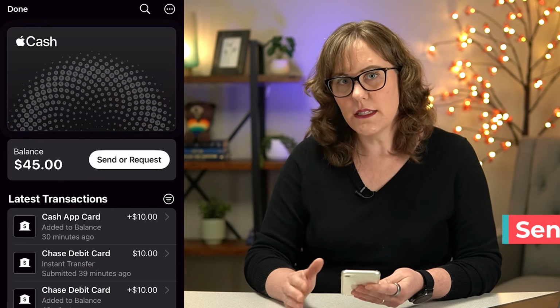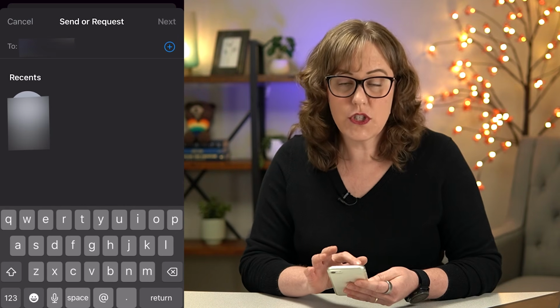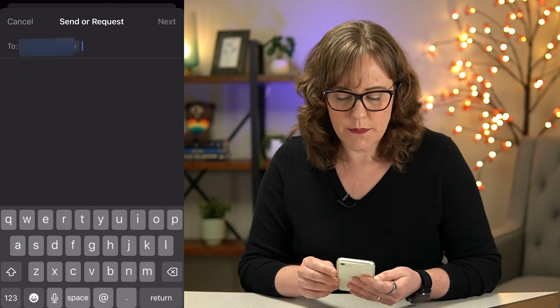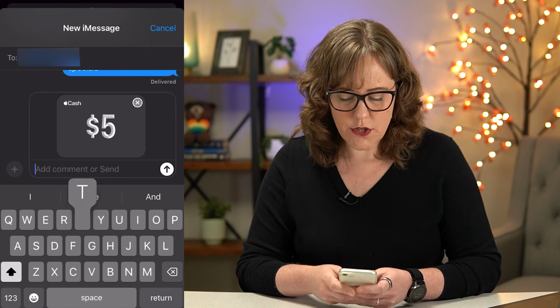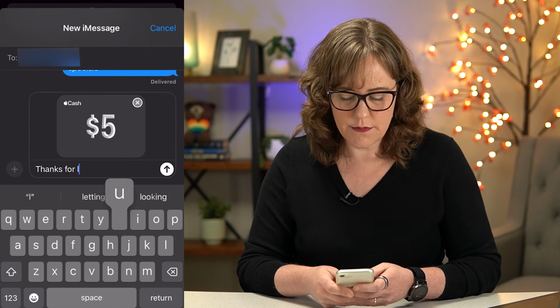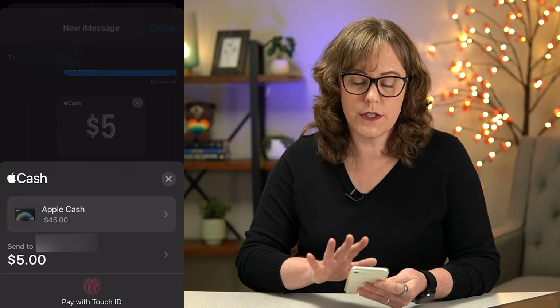So let's look at some of the things that you can do with Apple Cash. First, let's look at sending money. So you click on Send a Request, find the person you want to send it to, or click on their name, put in the amount you want to send them, click Send, and then you can type in a comment, and then you click Send, and then it's going to give you this menu about where you're sending the money